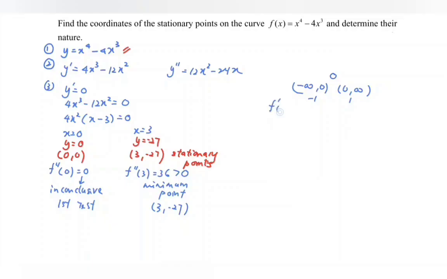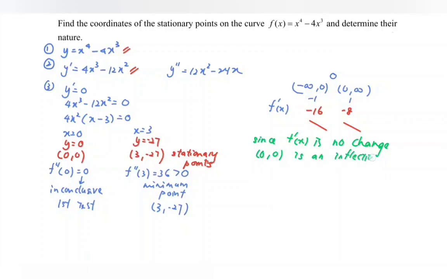Next, find the f prime x. If we substitute negative 1 into this part, we will have negative 16. If we substitute 1, then we will have negative 8. So what does it mean? Decreasing, decreasing. So from here, we can say that since the f prime x has no change for both, we can say 0 is an inflection point with the minimum point